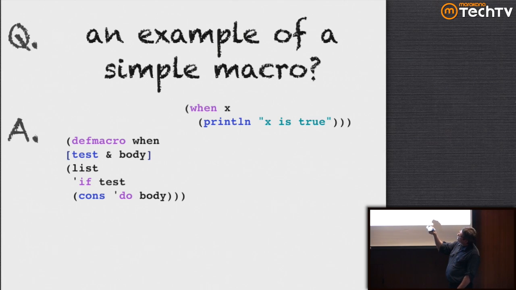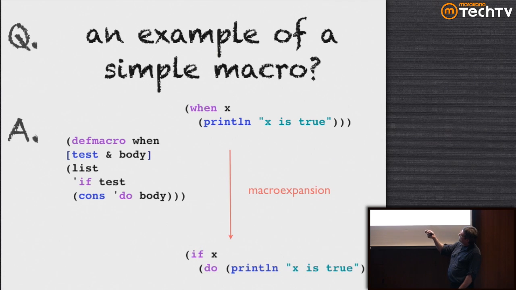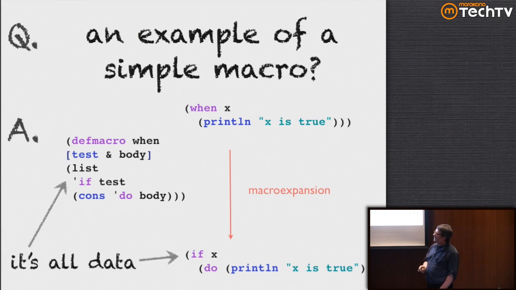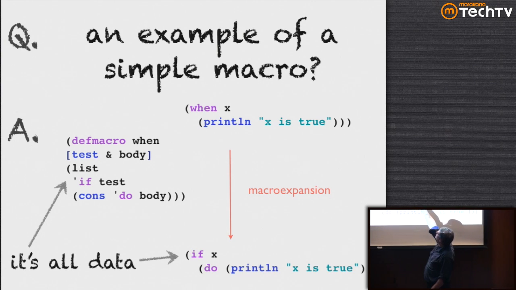And the return of this macro returns a list that says, if test, then construct a list that consists of the body. That's what cons does, construct a list. But you'll notice the little tick in front of if and do there, because when I actually expand this macro, what it's going to expand to is if x, then do println x is true. But notice what translation has happened there. Basically, when it gets into this macro, it takes in test. Okay, it's going to return a list. What is this? This is a list. It's going to return a list that has if as the first element, and then the test, that's my parameter, and then it's going to construct a list with the word do and then the body.